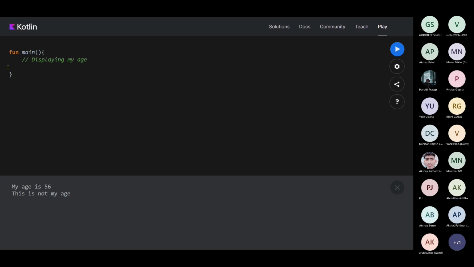So if you're hungry, you will eat food. If you are thirsty, you will drink water. It depends on your condition. You are in which condition? If you are hungry, you will eat food. So that's it. Let me just declare a variable x as Tushar. And in order to execute switch case, we use the when.